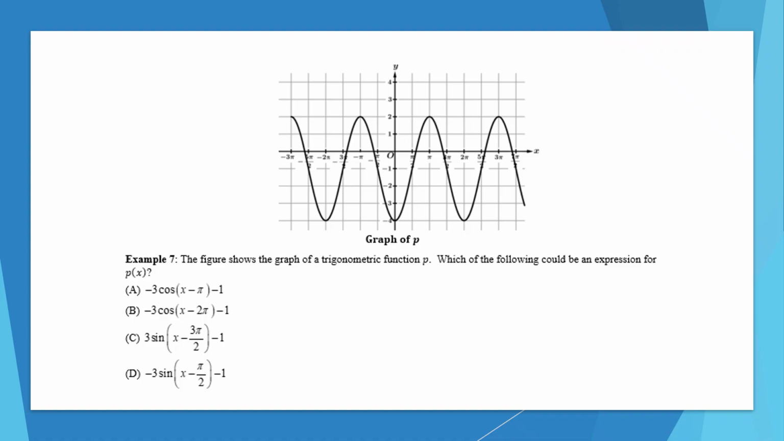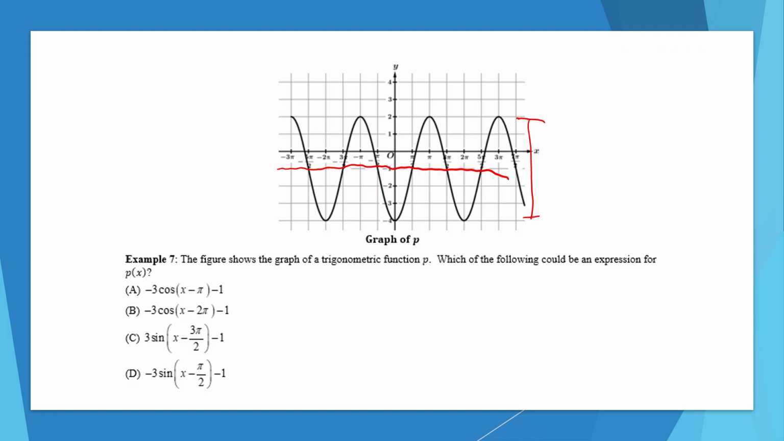All right, example 7. The figure shows a graph of trig function p. Which of the following could be an expression? So here, let's take a look at what we know. Well, we know the midline is probably going to be -1 graphically. And then we know our amplitude is going to be,